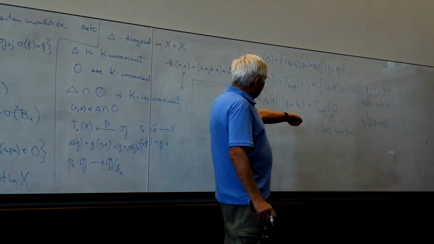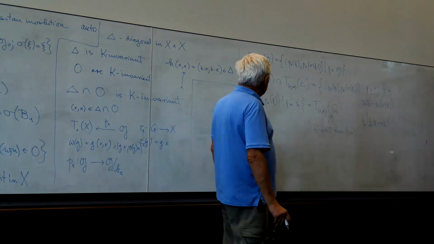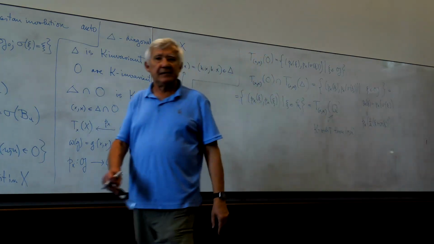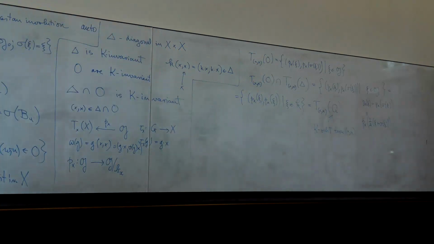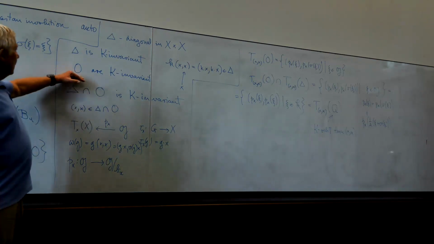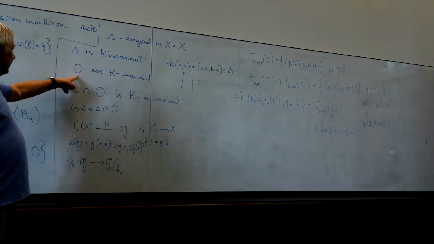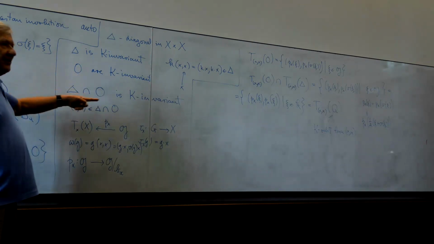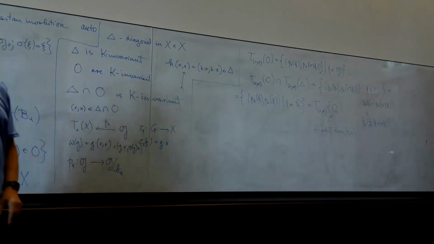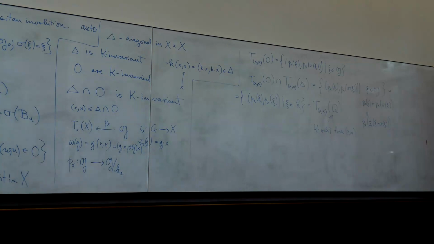So basically, this orbit is open in this, and we see that it is a component. I mean, just by varying xs, it's a component of the intersection of the orbit with delta. So, since there are finitely many orbits O, and the intersection has finitely many components, this implies the finiteness of K orbits.